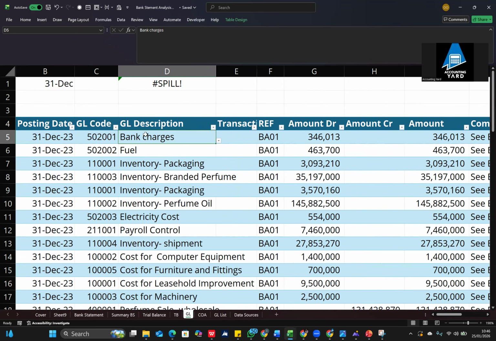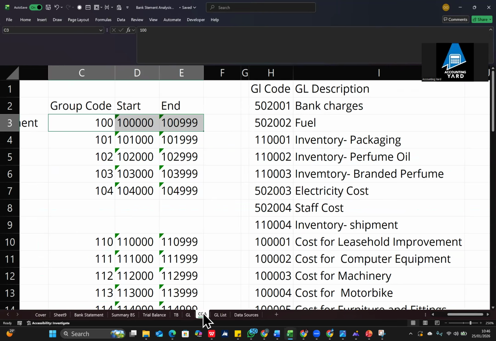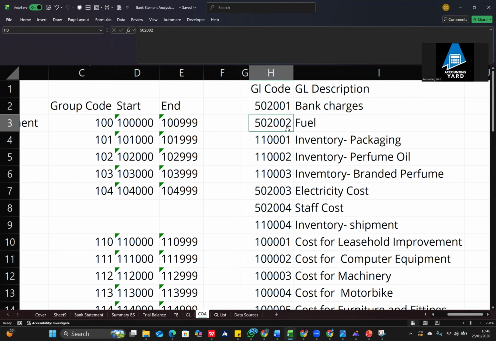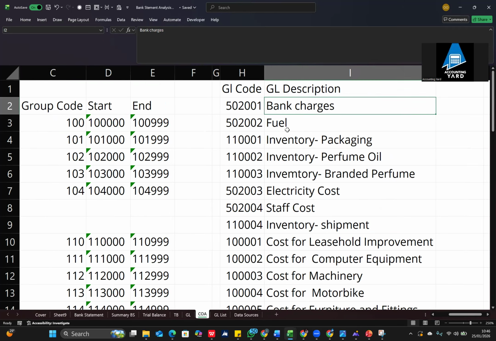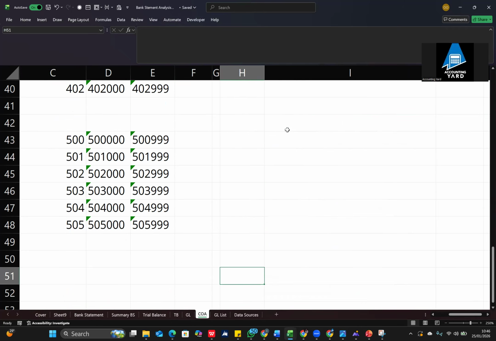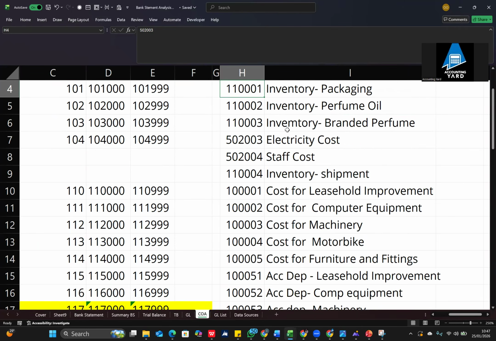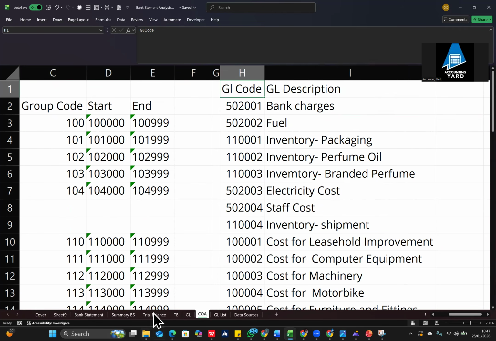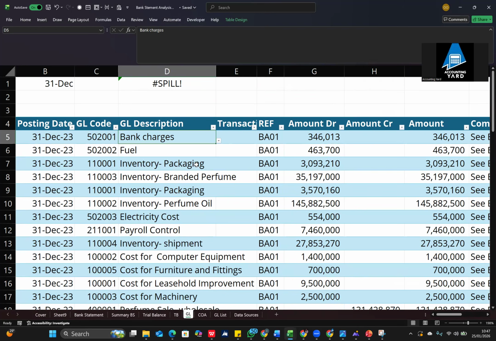So in this place, I now also have my GL code and GL description. You remember when I talked about the chart of accounts here? Yeah. So here I have created all the potential GLs that I would need. Listed them, created them here. So once I have all this, I have posted them on my general ledger here. Now, someone else could have done this posting at a transaction level of the bank statement analysis, but for simplicity,